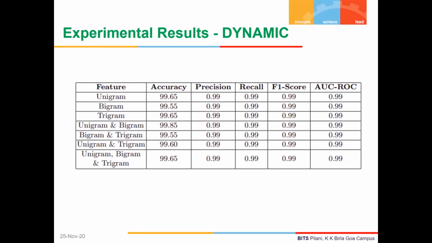The number of attributes in each dynamic feature was very high as compared to static features, as mentioned before. Thus, for construction of the image-based malware detection model using dynamic features, all feature vectors were first converted into images of size 224 x 224. The table shown on the slide shows the performance of image-based Android malware detection models constructed using three different dynamic features. For dynamic features, we couldn't identify any particular pattern as compared to static features.